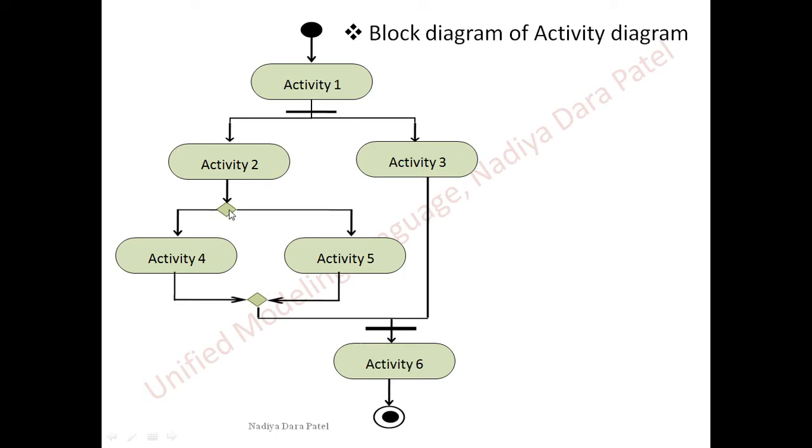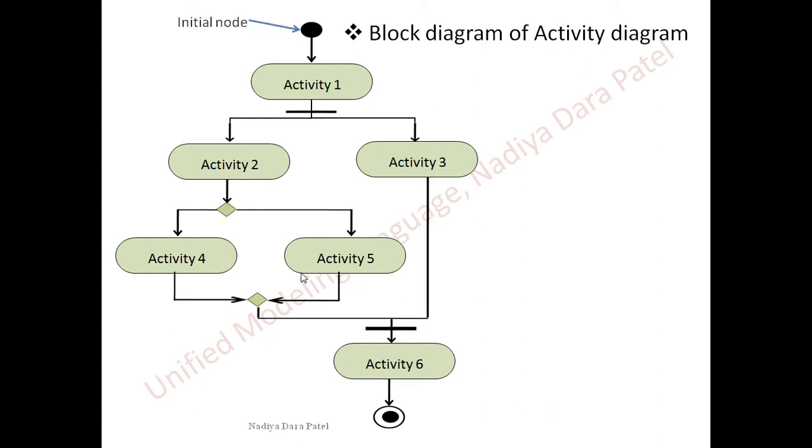So these two come in pairs, like our opening and closing bracket. This is the opening bracket, this is the closing bracket. This is the opening bracket, this is the closing bracket. So they come in pairs. If you're not making use of them, don't make them. But I think every system is going to have some concurrent simultaneous activities. Every system will have 2 or more decisions to be taken. So these will come into your diagram. If your diagram is not having them, that means the activity diagram is not detailed and then better not draw them. So if you're drawing them, make use of these symbols which are very important.